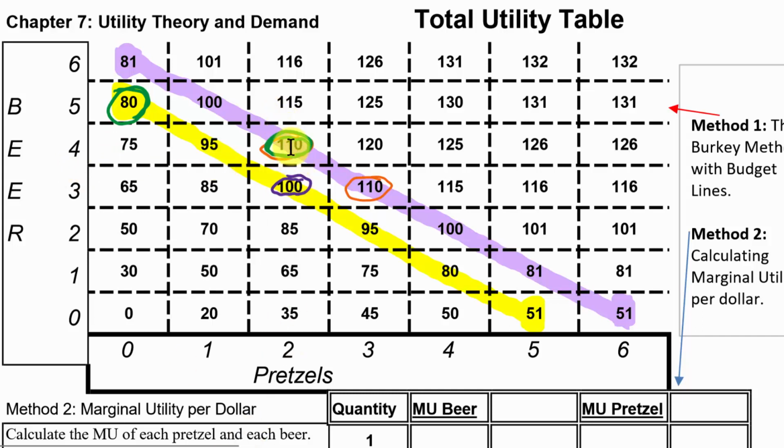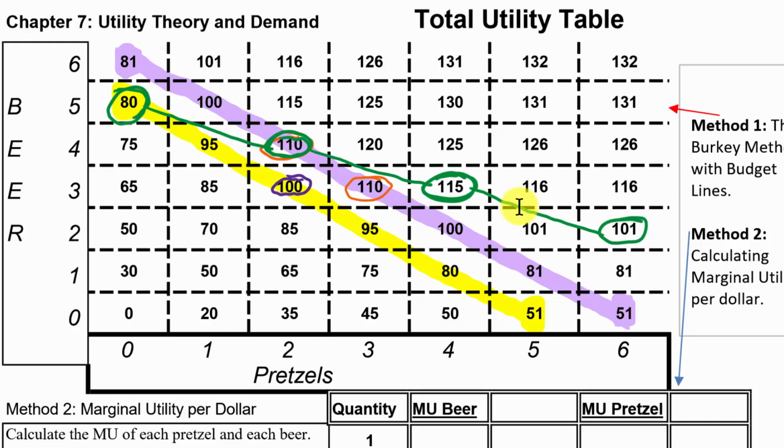And we could do the same thing. We could go down another beer to 3, and we could afford 2 more pretzels. All right here. Now if we went down 1, we could go over 2. So the slope here is going to be down 1 over 2, or minus 1/2, because that's telling us that for each beer we give up, we can afford 2 pretzels, because beers are twice as expensive. Okay, so let's connect these points here, and it looks like there's only 4 possibilities this person can afford.